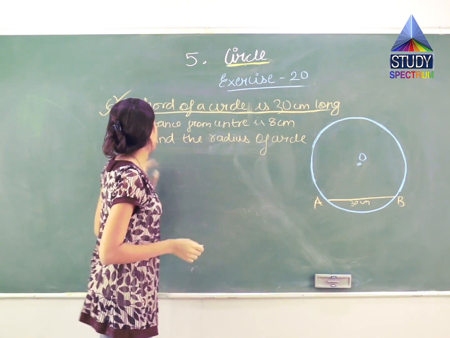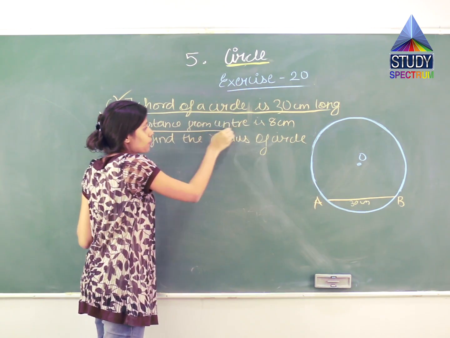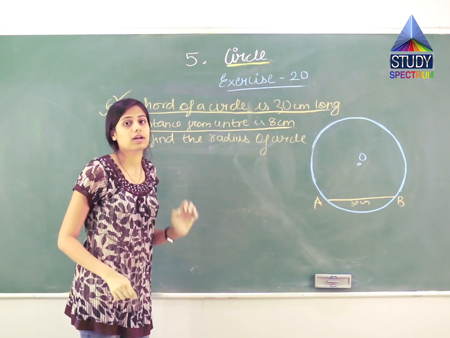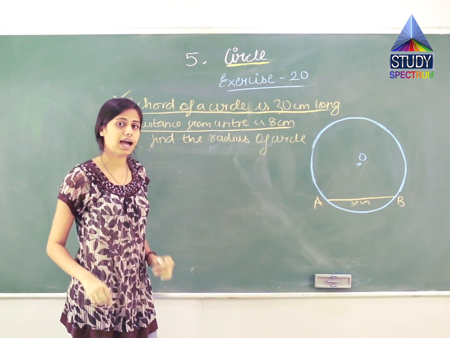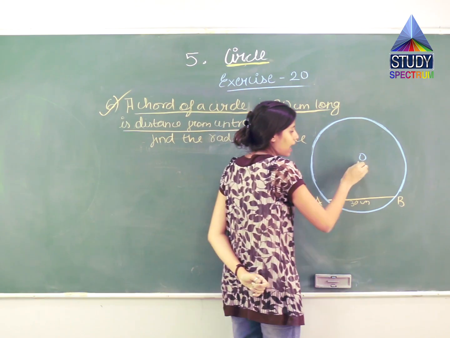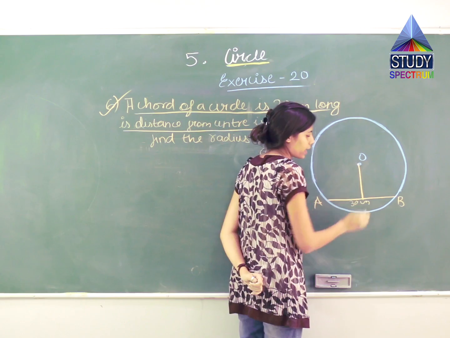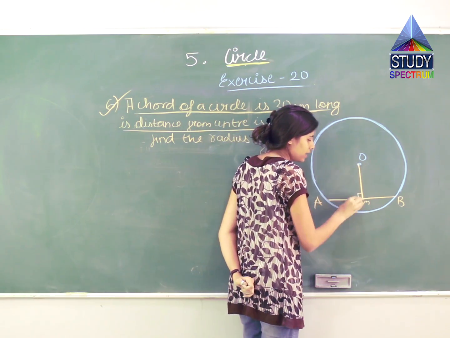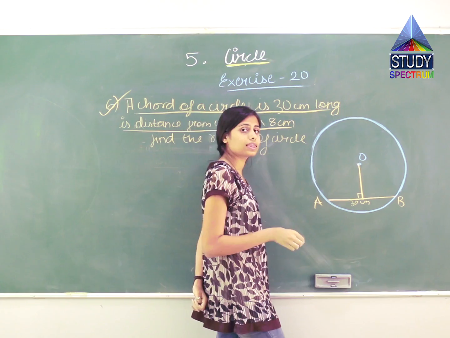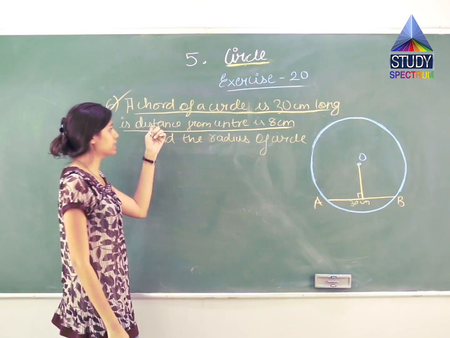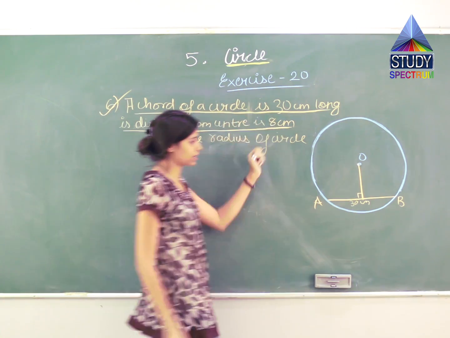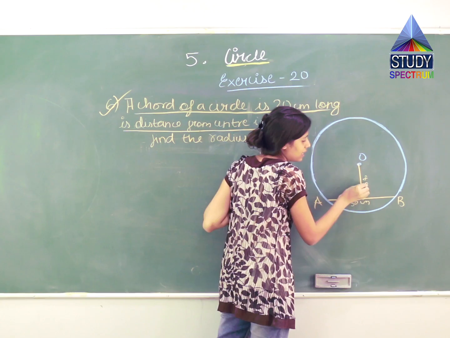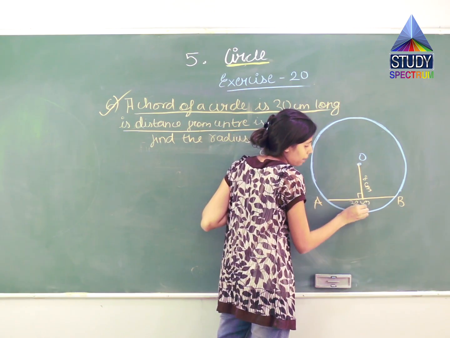Let's see और क्या बोला है. Its distance from the center is 8 centimeter. उसका distance center से कितना है? 8 centimeter. तो क्या करेंगे हम? एक परपेंडिकुलर ड्रॉ करेंगे सेंटर से लेकर कॉर्ड तक. उसको एक परपेंडिकुलर साइन देंगे. And what it is? कितना है डिस्टेंस? Distance from the center is 8 centimeter. So what is this? This is 8 centimeter long. इसको हम M नाम दे देंगे.